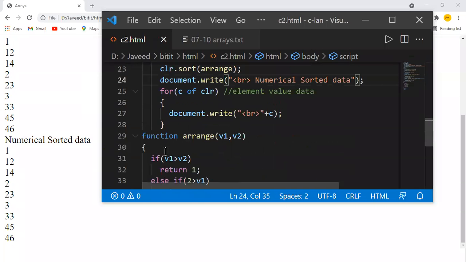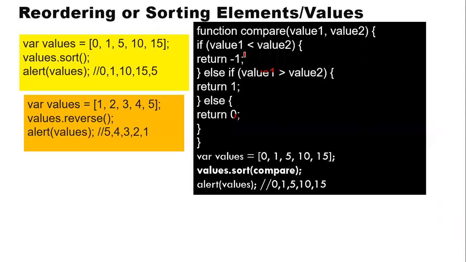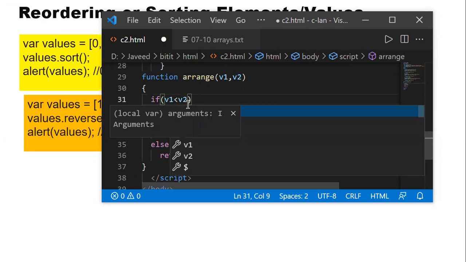One second, somewhere we made a mistake. V1, V2, arrange of this. What we have copied, something wrong we did. V1 is less than V2. Okay, let me use the same options.